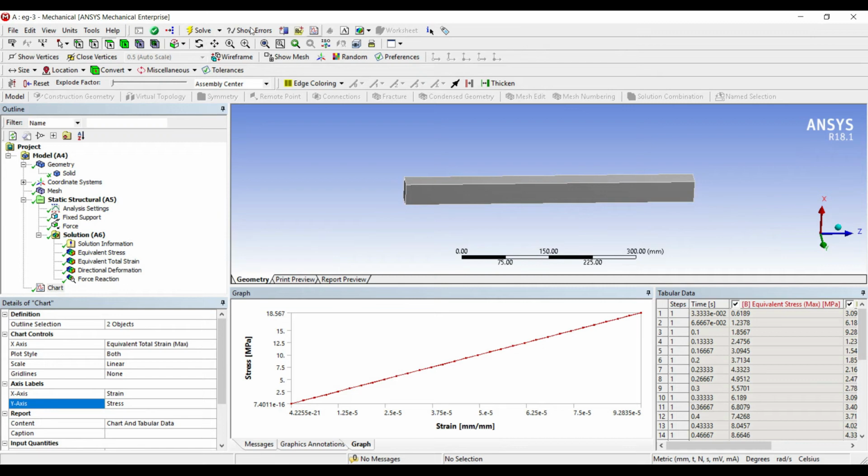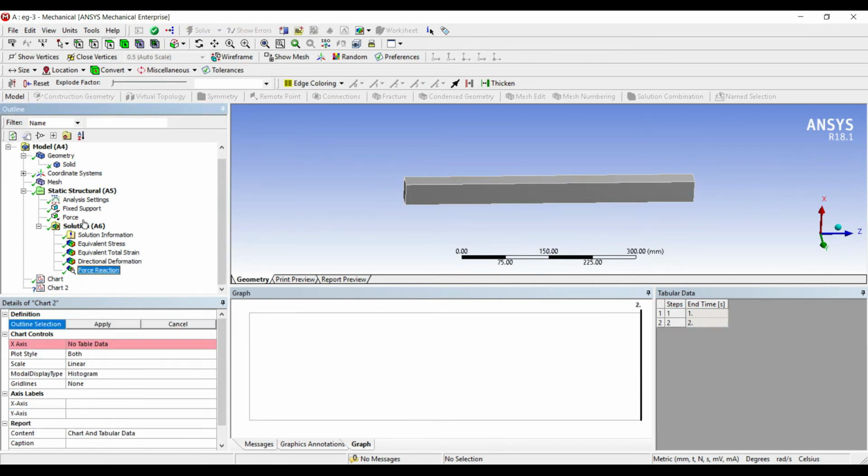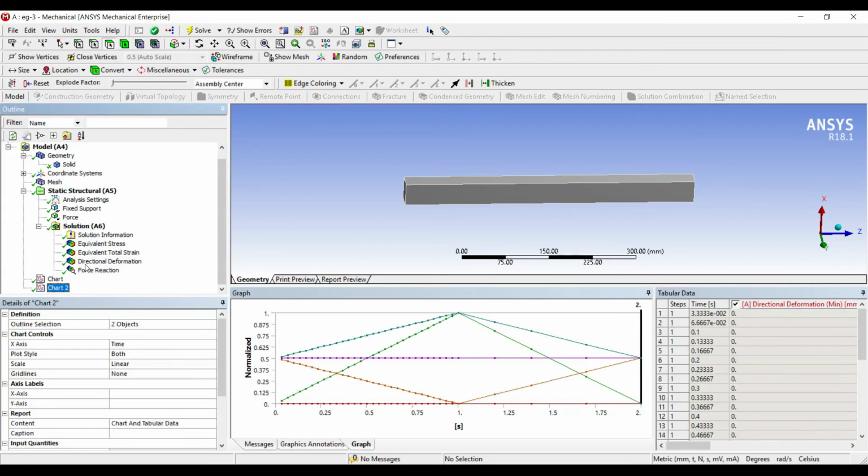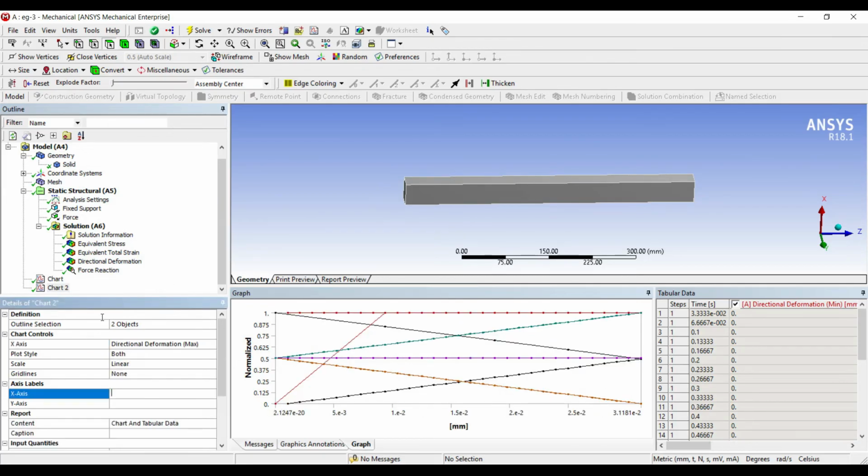I'll plot one more chart here, that is of force versus deformation. Apply. X-axis is deformation, max. So I'll just write here deformation. Y-axis is force.